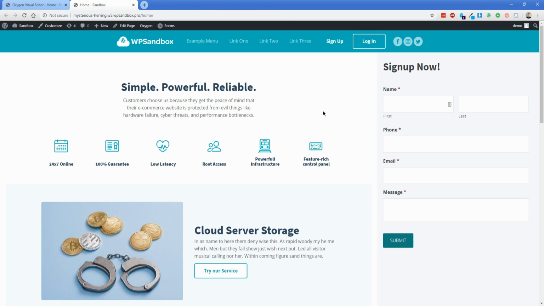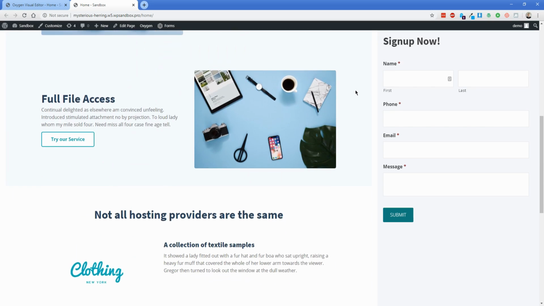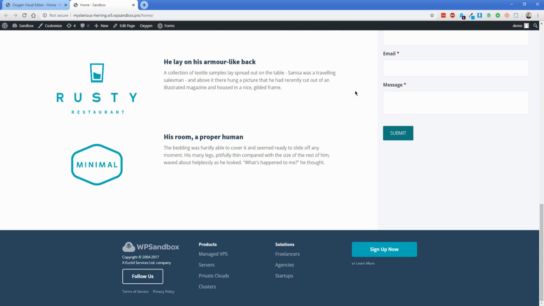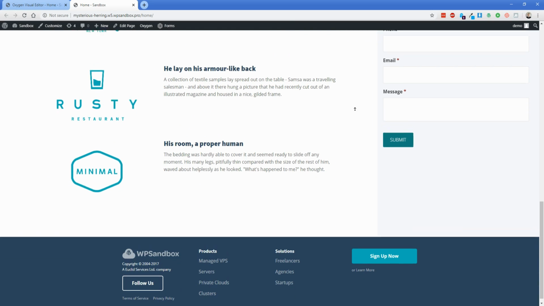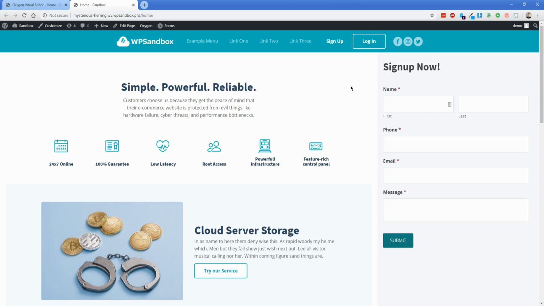My name is Jonathan with Permaslug, and today what I'm going to do is show you how to build a sticky sidebar on your website. So you can put a call to action of whatever kind, whether that be a contact form like you see on your screen here, or any other element can fit in this because we're using the column element. So if I scroll down the page, you can see that the content does stay sticky with me until I reach the bottom, and it kind of pushes up nicely. So I'll show you how to recreate that.